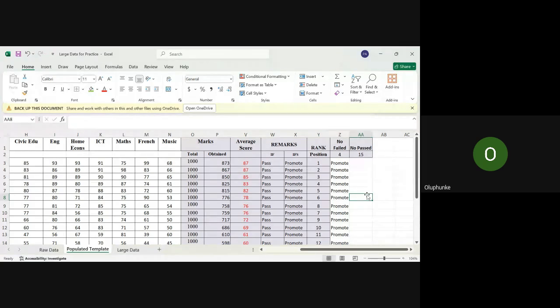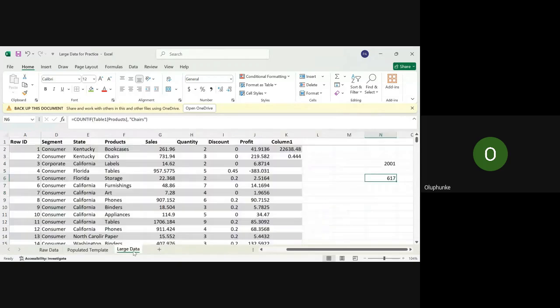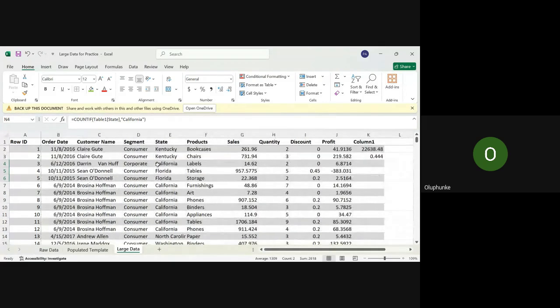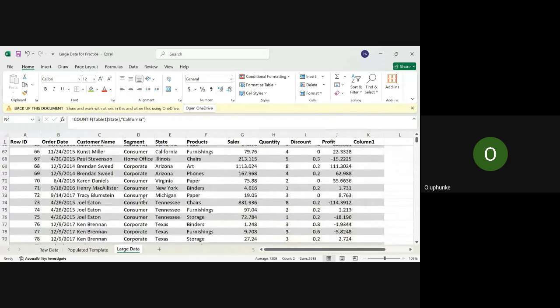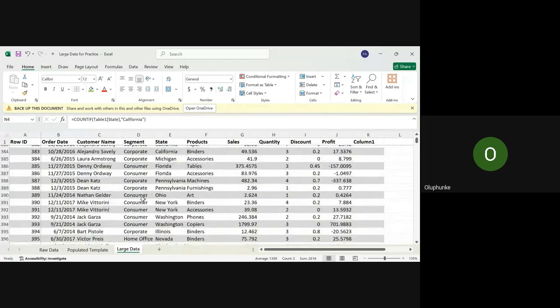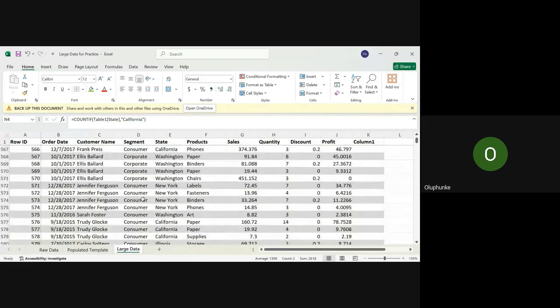Should we try it again? Should we do it again? Let me see if we can do a data from the large data. Okay, so let's try something here so we will understand. In this case, we have, let me see, consumer, corporate, and they're about,